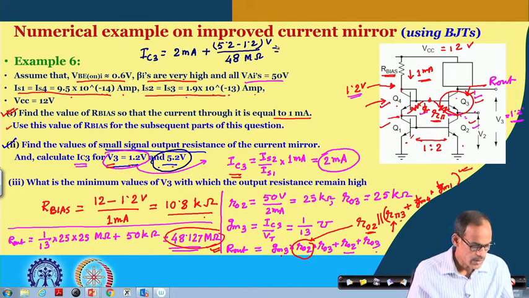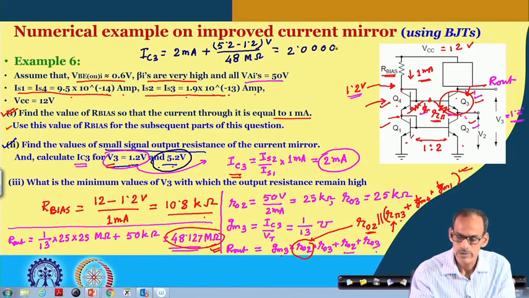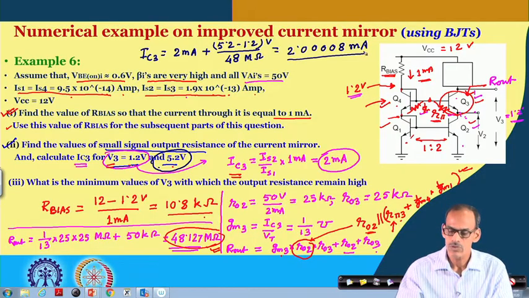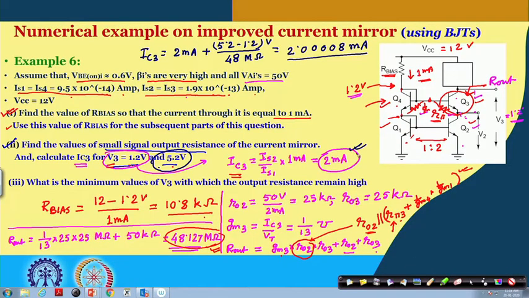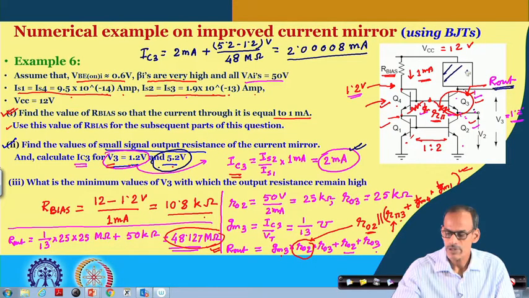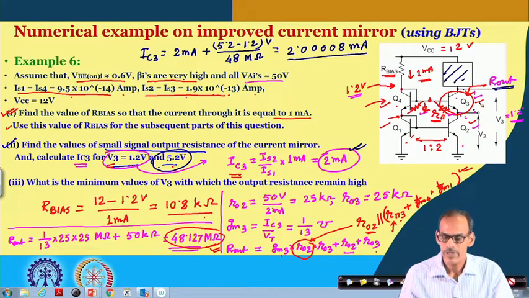And in fact, again I have done the calculation for you, and this is coming 2.00008 milliampere. That is again very close to whatever we do have. So, that indicates that by adding this cascode transistor, since the output resistance is very high, the variation here is very small. This is again called the cascode current mirror, and by adding this transistor we are getting the advantage. Now,